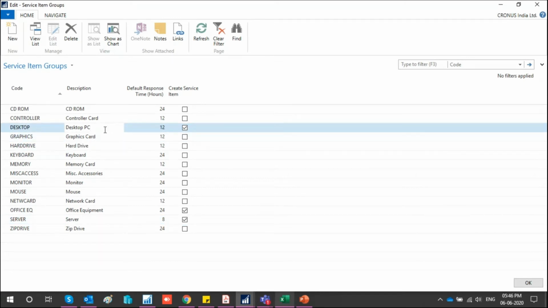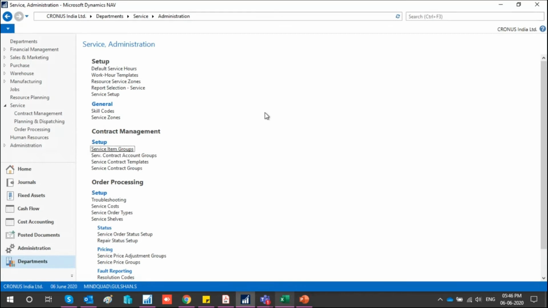Now I'll just escape this part. Now I'll show you how to create a service item, and before that, there are three methods by which we can create a service item in NAV. The first method, which I've explained just now, is that you can tag the service item group on the item card, and when we post a sales order or post a shipment of the sales order, then automatically a service item will be created. This is the first method. This is useful when I'm selling an item and providing the service for that as well, so item sales as well as the AMC of that item.